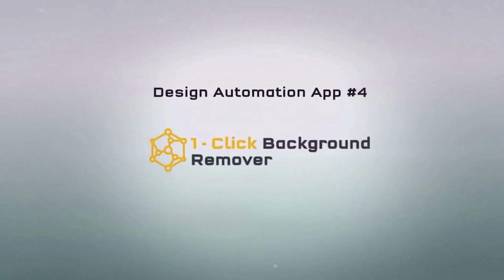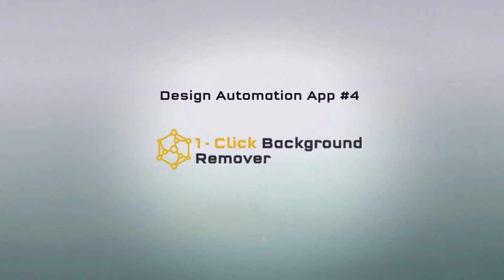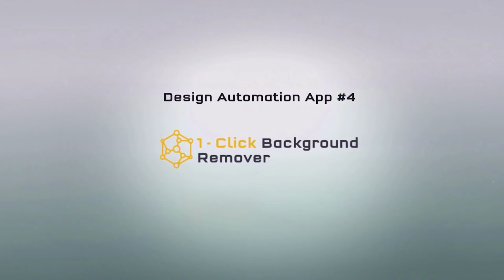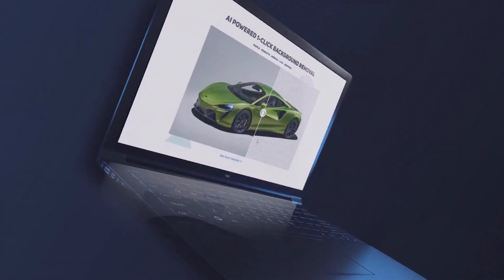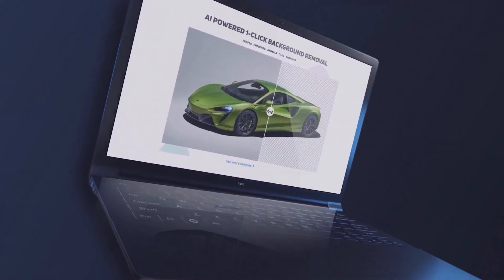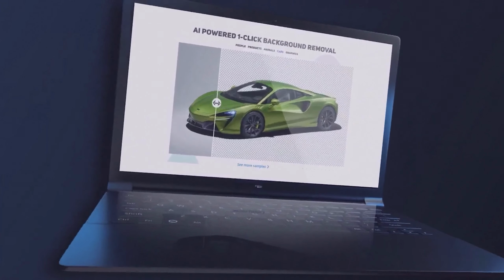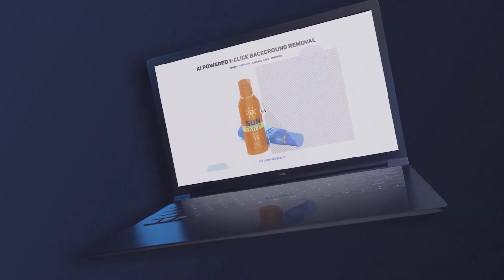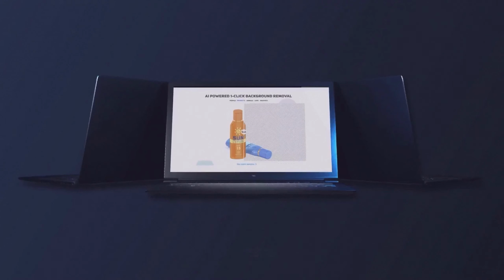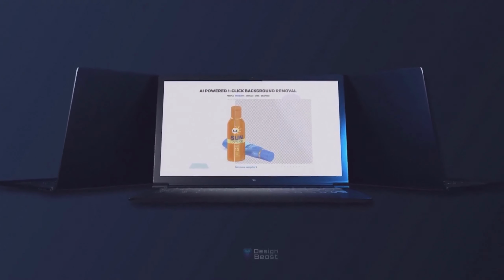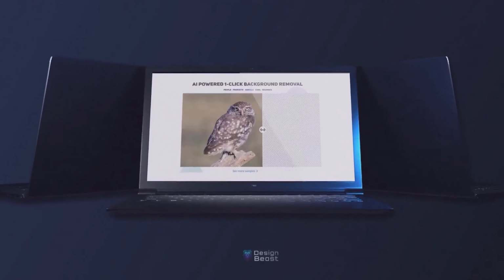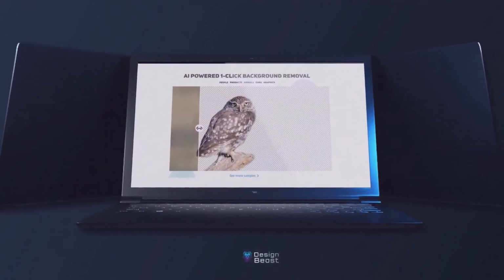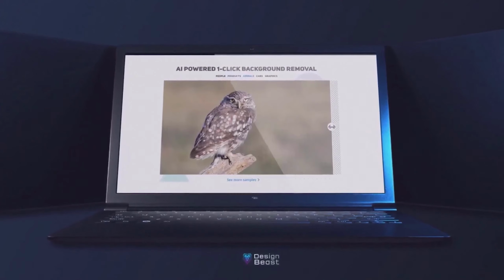And the fourth app is the ultimate AI-powered one-click background removal tool to easily erase backgrounds from any photo within seconds. This powerful machine learning technology auto-detects the edges and objects in your photos and automatically erases the background. You never have to select the object or manually draw around the edges or borders around those objects like other